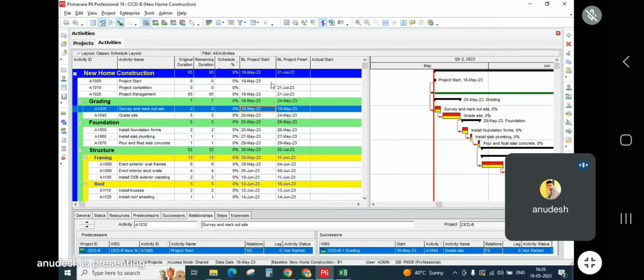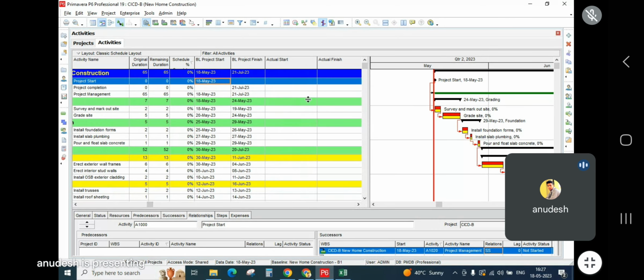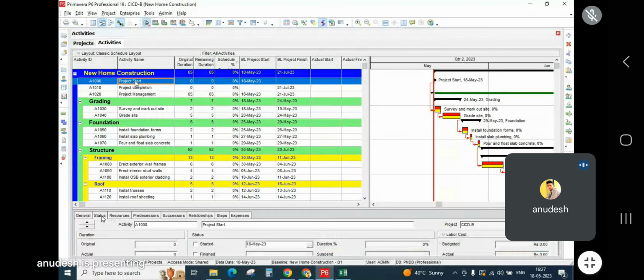So let's start updating this so that you can see the changes. Till now in actual start, actual finish, there's nothing. Why? Because nothing has actually started. Okay, so what I'll do, I'll go to project start activity and I'll go here on status